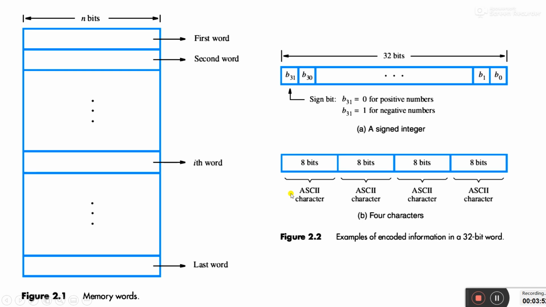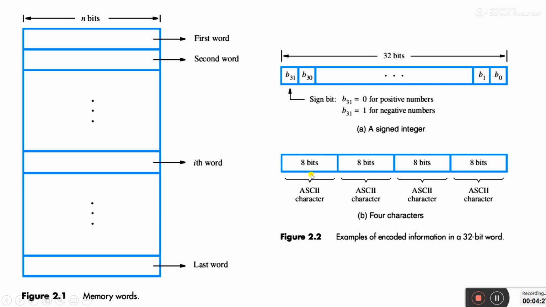So next let's see about the memory words. Now there is an n-bit word. If we say a 32-bit computer, then it is a 32-bit address bus, and this can contain a 32-bit location of the memory. So if it is the first word, then it should be B0 to B31, and B31 is my sign bit for the integer numbers, which is 0 for positive and 1 for negative. You know about it, and we have already had a healthy discussion about it.